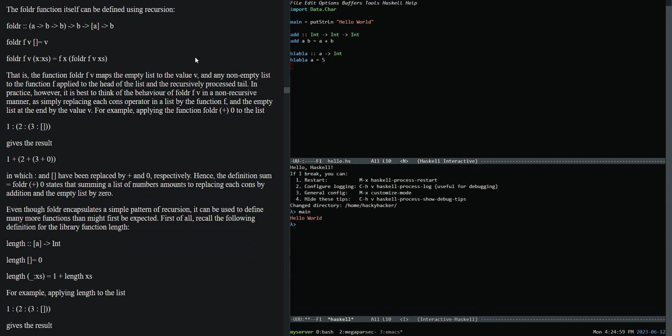That is, the function foldr f v maps the empty list to the value v and any non-empty list to the function f applied to the head of the list and the recursively processed tail. In practice, however, it is best to think of the behavior of foldr f v in a non-recursive manner, as simply